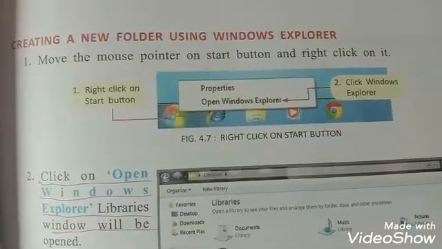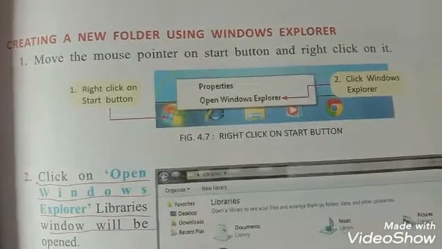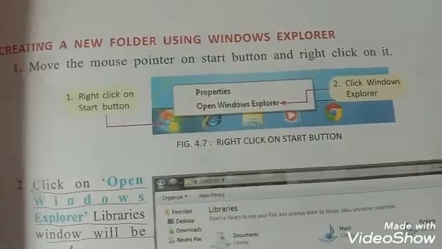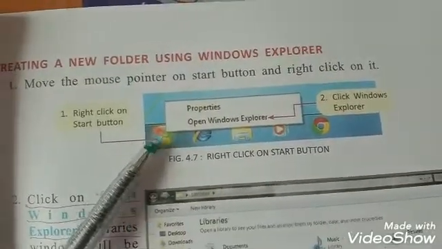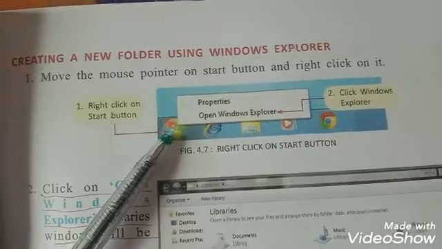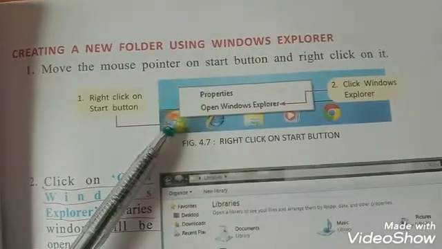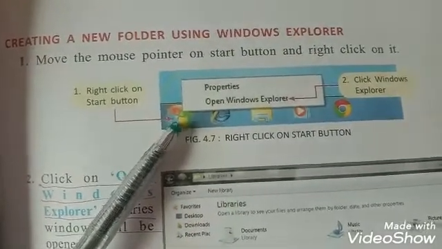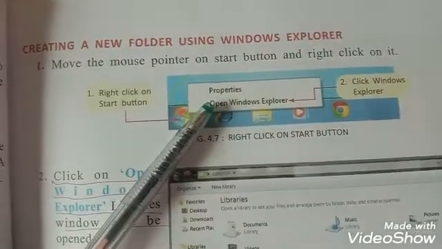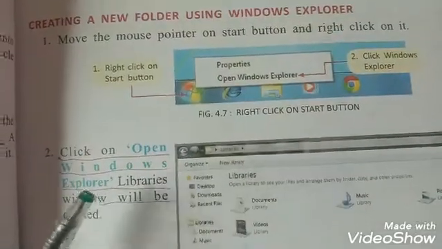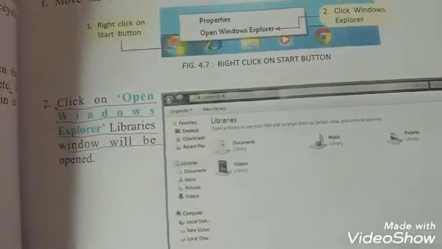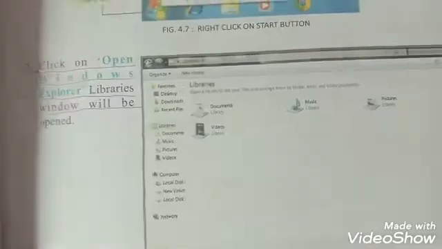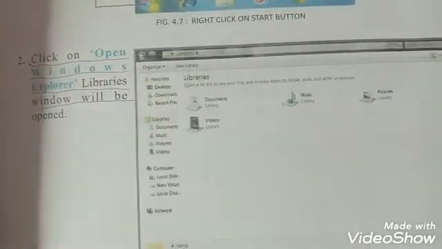Create a new folder using Windows Explorer. Click the Start button and right click on it. Windows Explorer. When Windows Explorer opens, this page will appear on your computer screen.